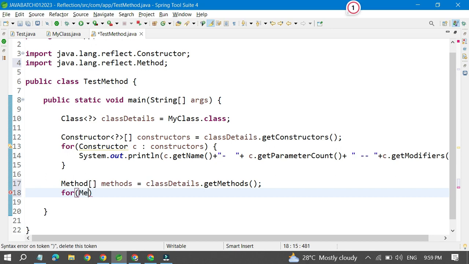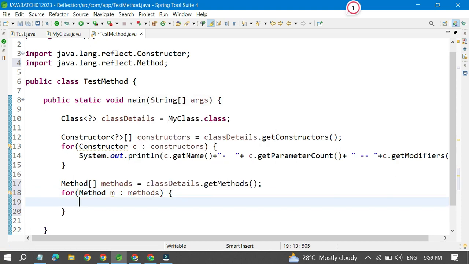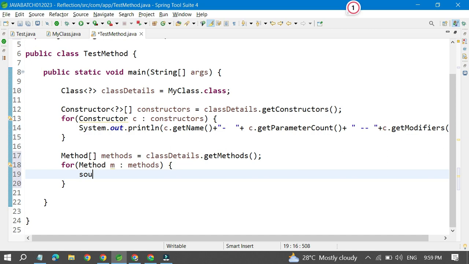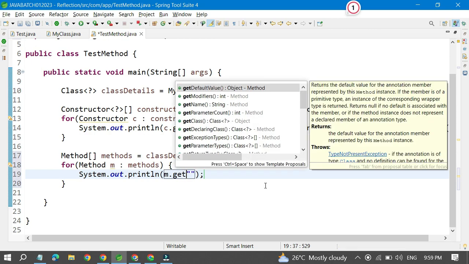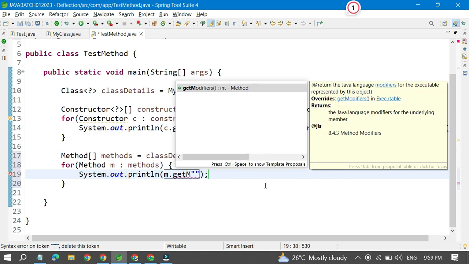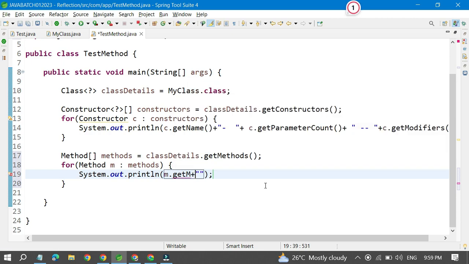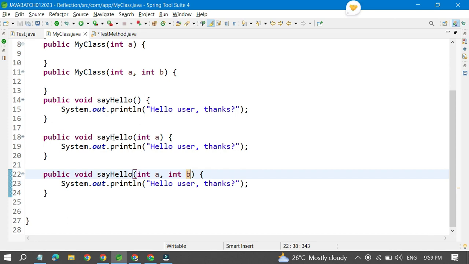Then whatever details you want to print, you can print easily. So let it be System.out, and I'm going to print m dot getMethodName. First of all, I have to change the method names because all the method names are the same. So sayHello,